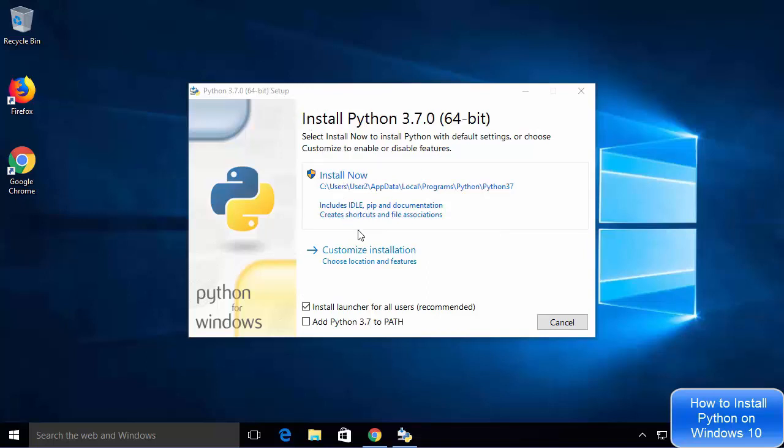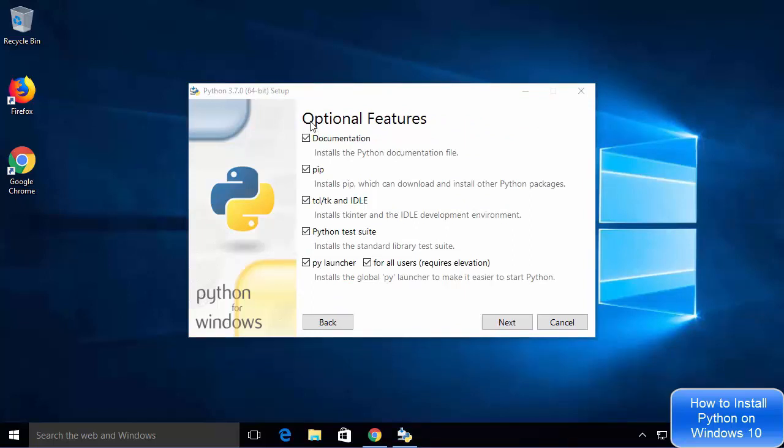One is install now and other is customize installation. So what we are going to choose is this option which says customize installation, because when you choose this install now option, Python will be installed at this path which I don't want to use. You can see it's a long path which I don't want to remember. So I will use this option which says customize installation, and I will also check this option which says add Python 3.7 to path. So now let's click on customize installation, and next you will see this optional feature window,